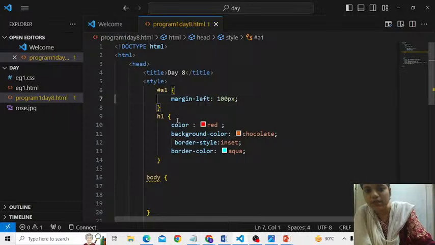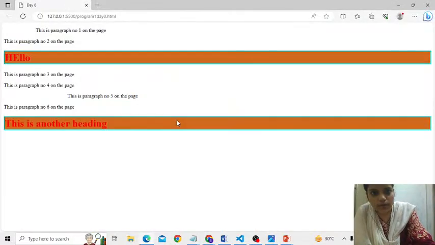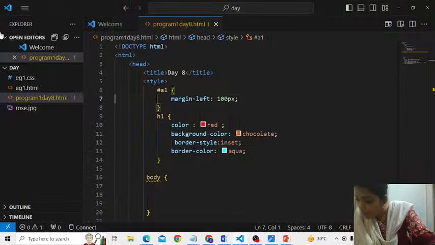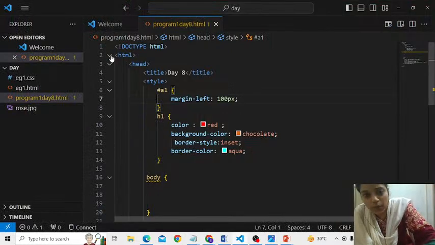Okay, so I save this. Check it out. Not all paragraphs, but only the first paragraph has been given the effect of margin left. Correct? Margin left has been given only to the first paragraph. Now, your question in a little more detail. Suppose I want to give